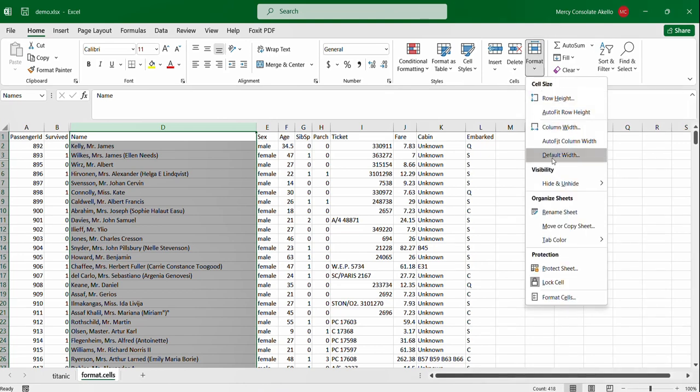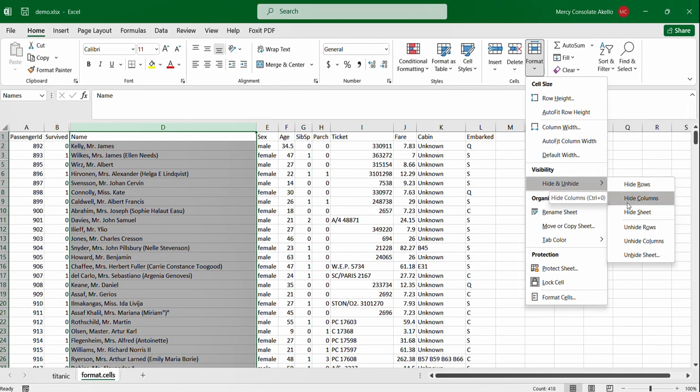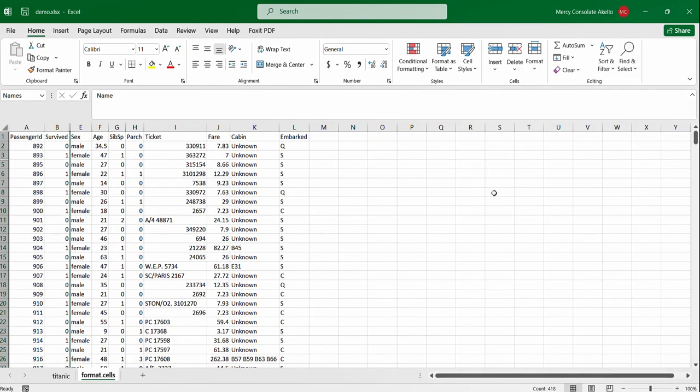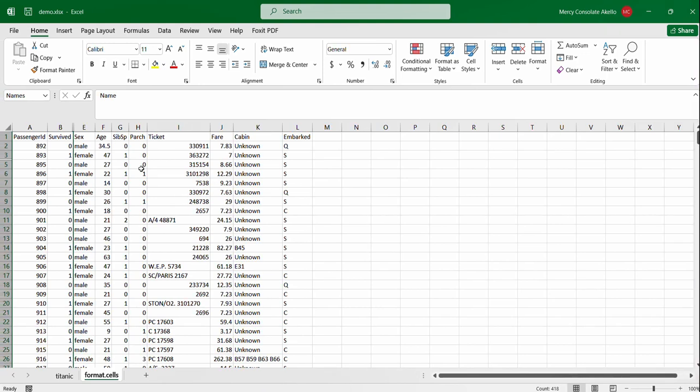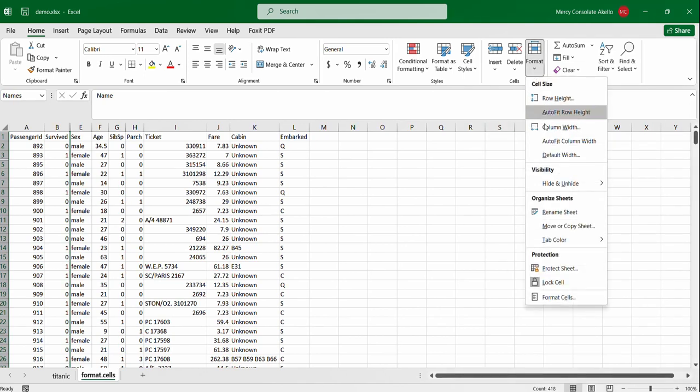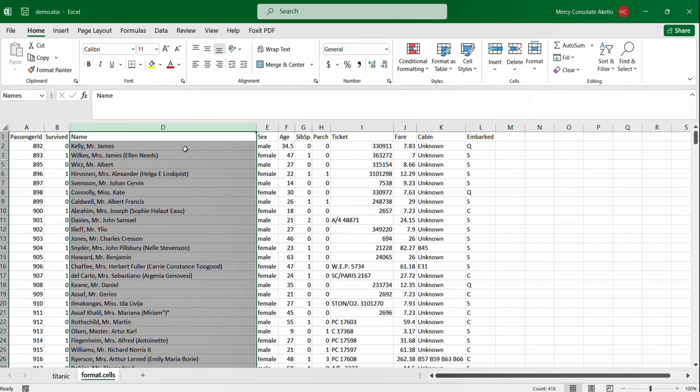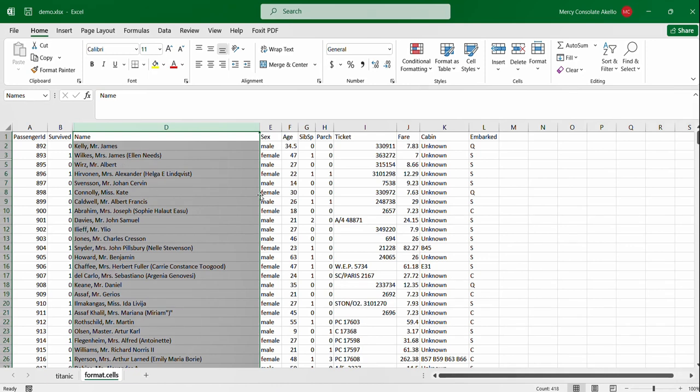The other option is you can select the column, come over to the Home tab, under Cells, select Format, scroll down to Visibility. Under Visibility, you select Hide and Unhide. Next, you scroll down and select Hide Columns, and then it is hidden. You can do the same for the row. And to unhide it, you can also still come over here, and then you scroll and select Unhide Columns, and it is unhidden. The only limitation with this method is that not all the columns that were hidden will be